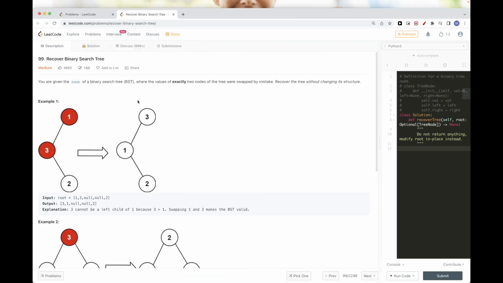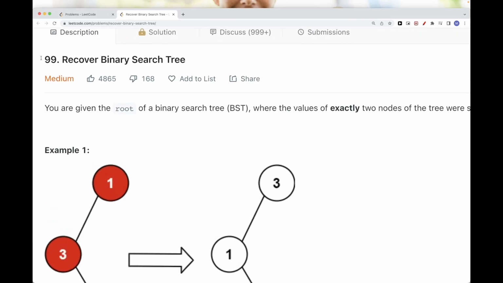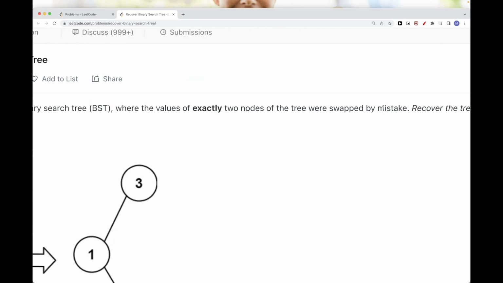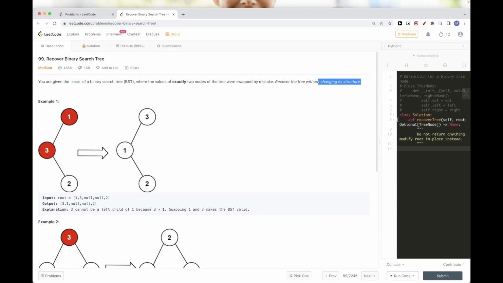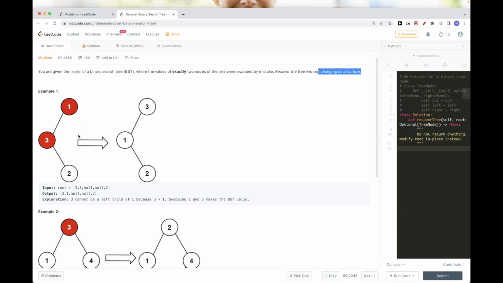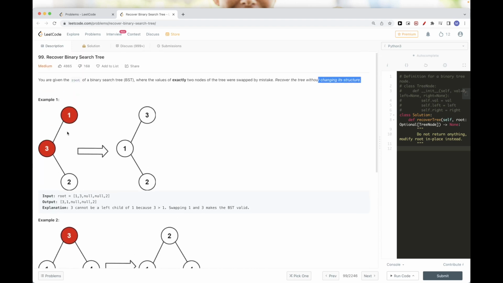Hello, so today we are going to do this LeetCode, part of the LeetCode April challenge, Recover Binary Search Tree. So the problem says we get a root of a binary search tree, and we have two nodes of the tree that are swapped by mistake, and we want to recover the tree without changing its structure. So basically here 3 and 1 are not in order, 3 and 2, so it's not always the parent